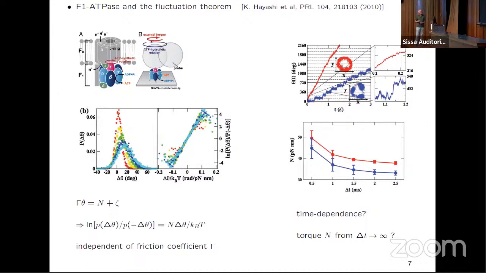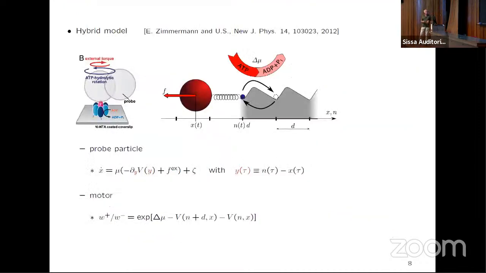Now, if you plot the angle again in this logarithmic fashion, and if you assume that this dynamics was given by simple rotary Brownian motion, you would predict that, again, there is a slope, and the slope should be independent of time. That would be the fluctuation theorem for the simple dynamics. However, it turned out in experiments that the slope depends on the time over which you collect the data, which tells you that this angle is not really equivalent to entropy production. So there is a hidden degree of freedom, which you do not see, which distorts the simple relationship.